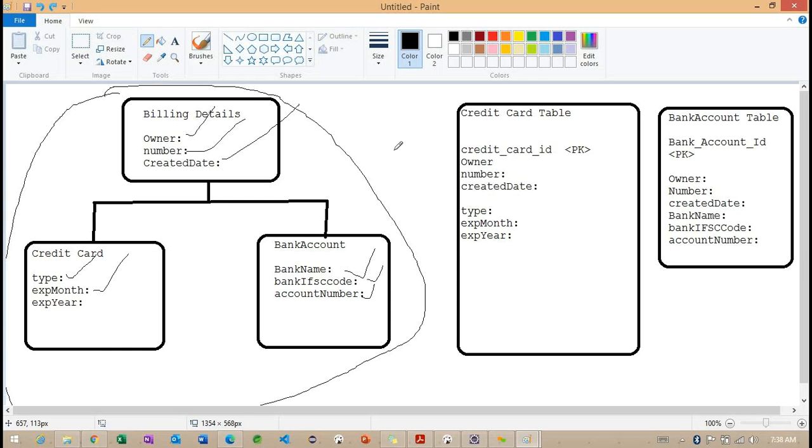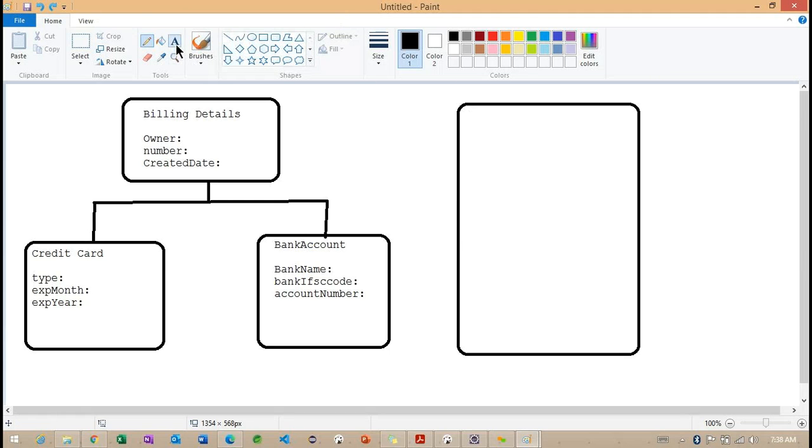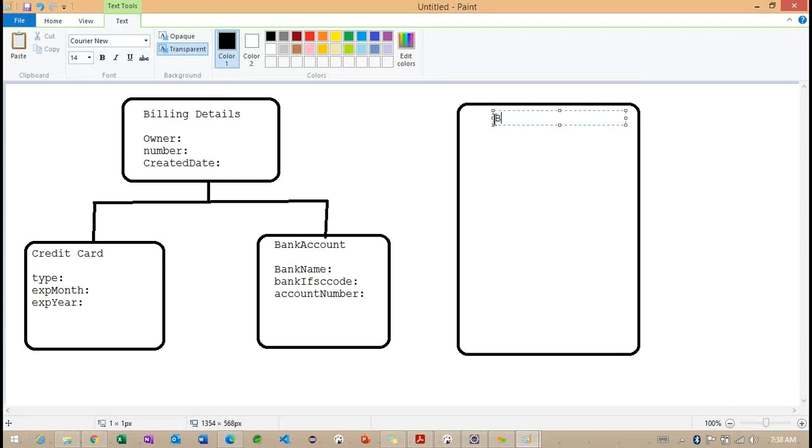Now understand how I'm going to write this. I'm going to provide the name of the table, the billing details table. Inside this billing details table, I want to provide all the columns. First, billing details ID, which is going to work as the primary key.